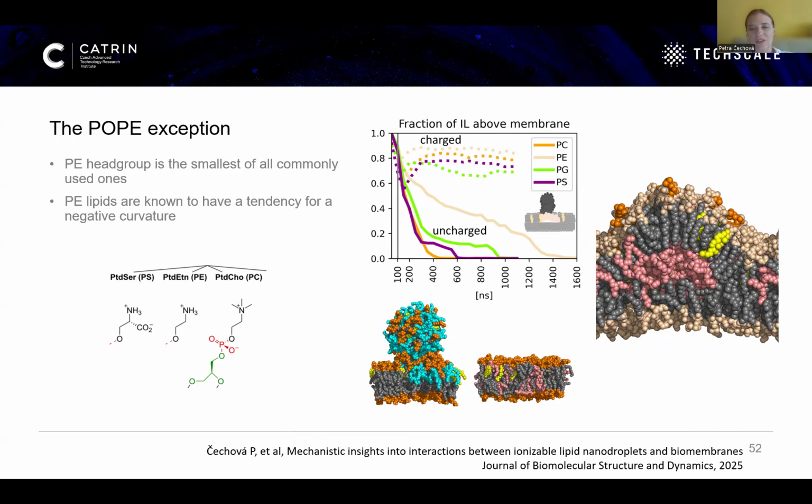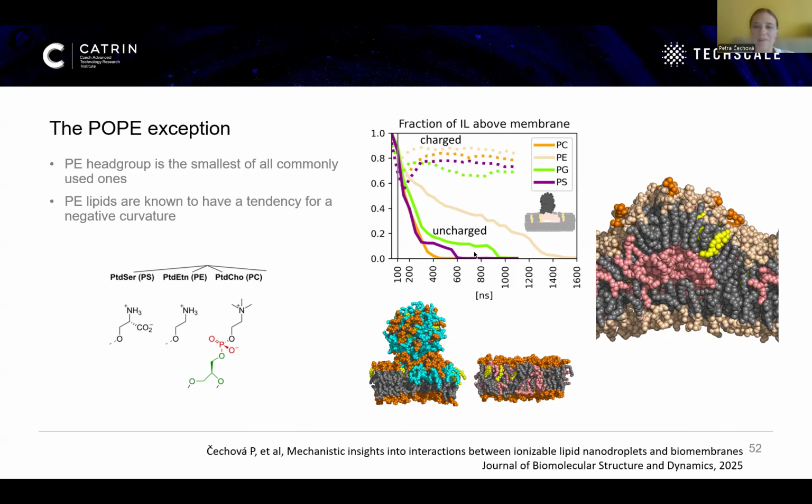That also is manifested in the fact that it has this tendency to curve and create curved layers. What we could see in these simulations, and again it was 3 replicas, so statistically it has been shown,